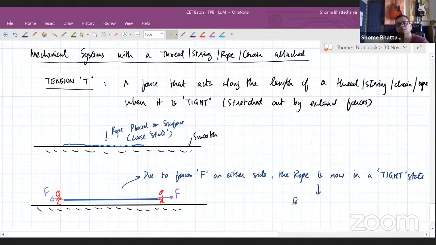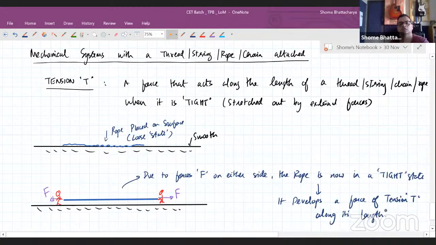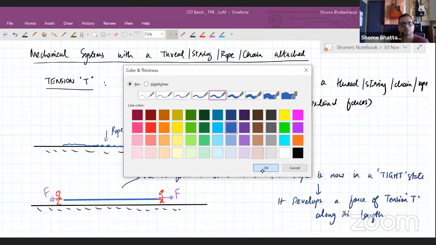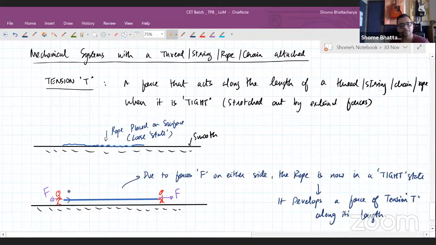So it develops a force of tension T along its length. So that force of tension T now acts like this. At this end, whoever is applying this force will experience an equal and opposite force equal to T. So this tension T will be equal to the external force we are applying